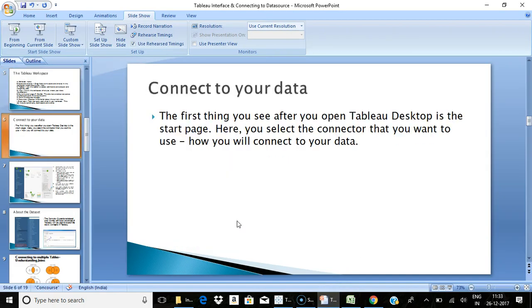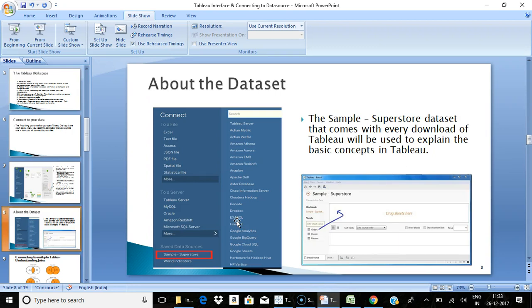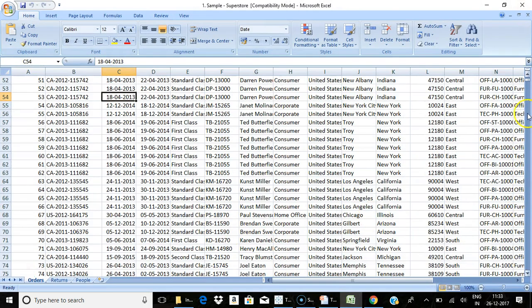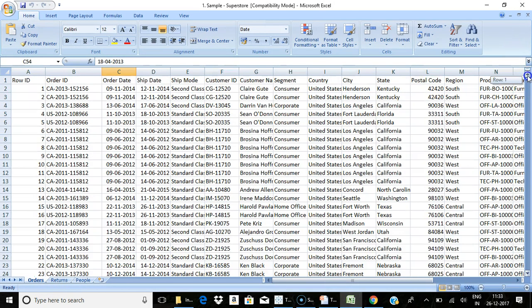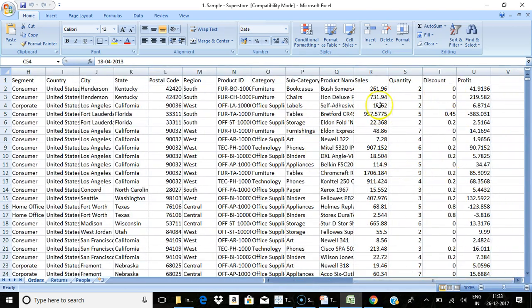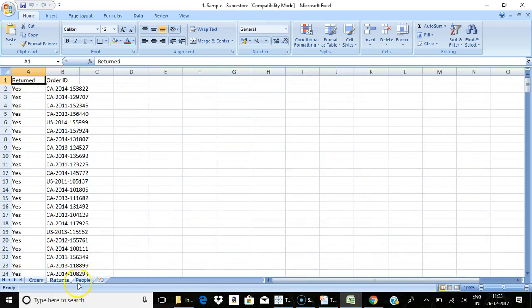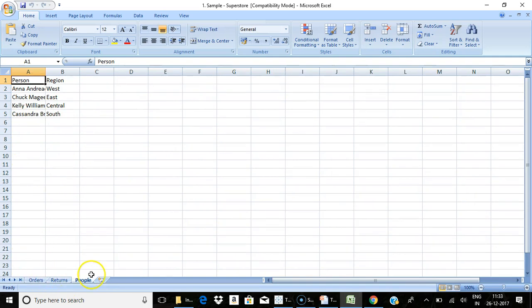Here I'm going to use a dataset called Sample Superstore. Sample Superstore dataset comes along with Tableau as a saved data source. So this is the Sample Superstore dataset. It has three tabs: Order tab, Return tab, and a People tab. In the Order tab, we have data related to orders like order ID, row ID, order date, ship date, customer information, customer location information, and the corresponding fact values like sales, quantity, discount, and profit. Then we have the return sheet with return information and the people information.